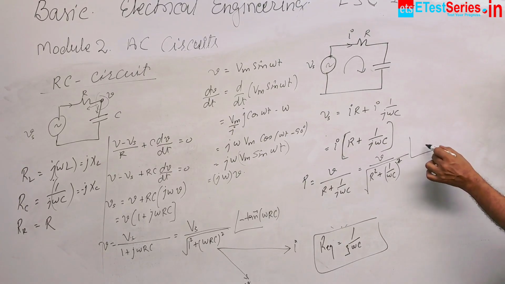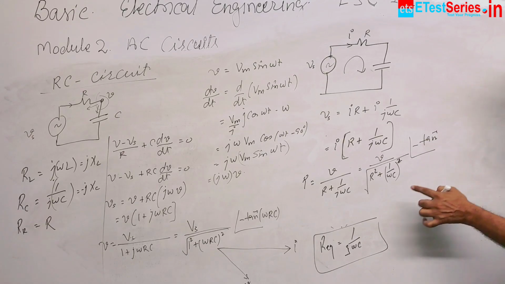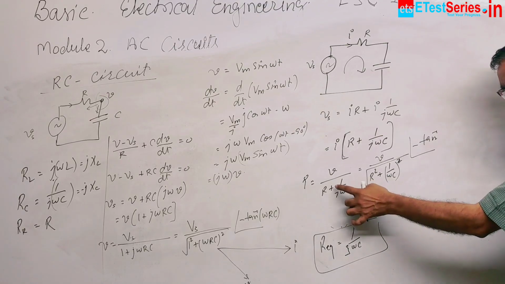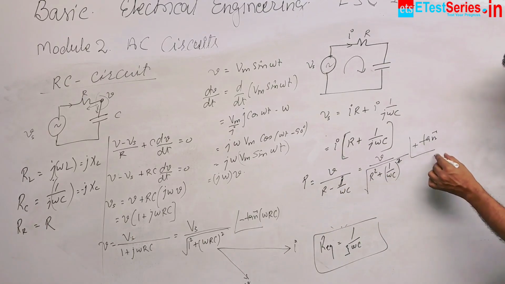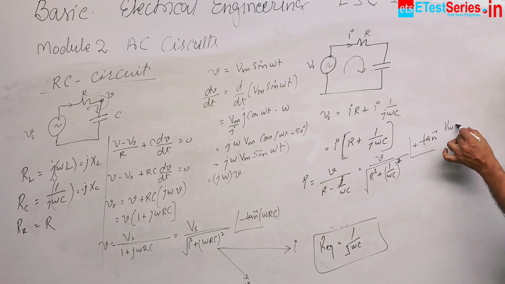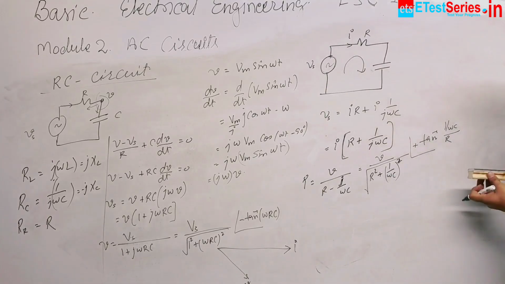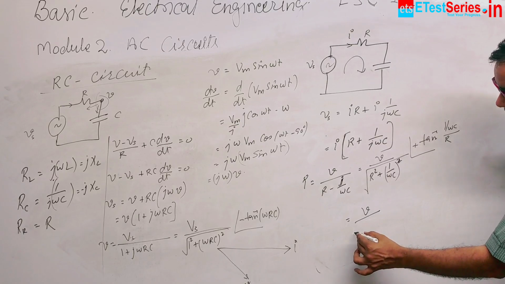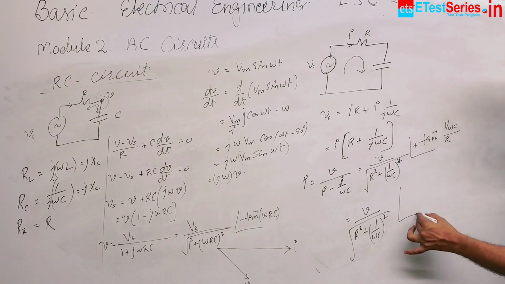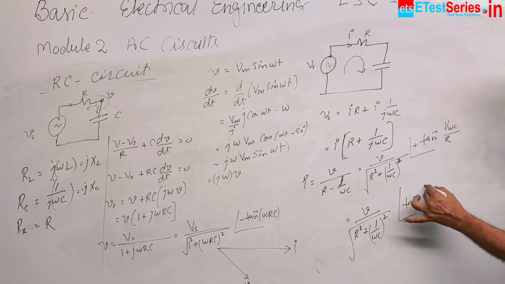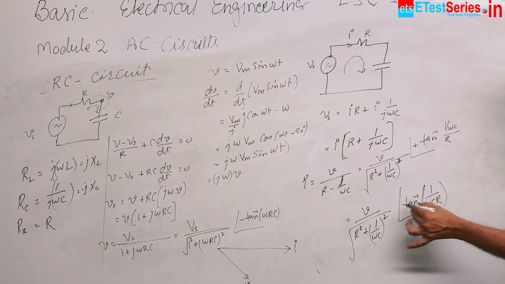and angle becomes minus tan inverse, here angle is minus, iota here it comes out minus, you know I can write down the minus iota upon this, so this becomes plus iota, 1 upon omega C divided by R. So this is equal to V divided by square root of R square plus 1 upon omega C whole square, and angle is tan inverse 1 upon omega CR. This is the angle and it is positive.